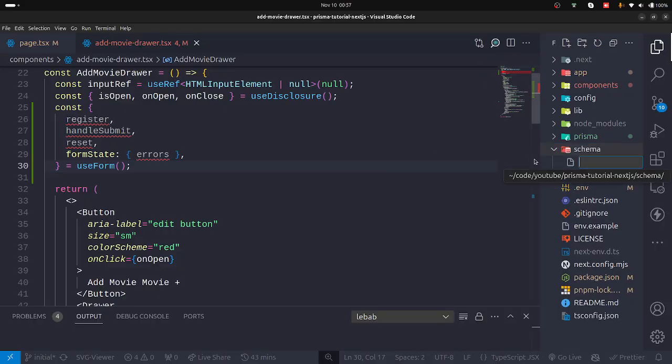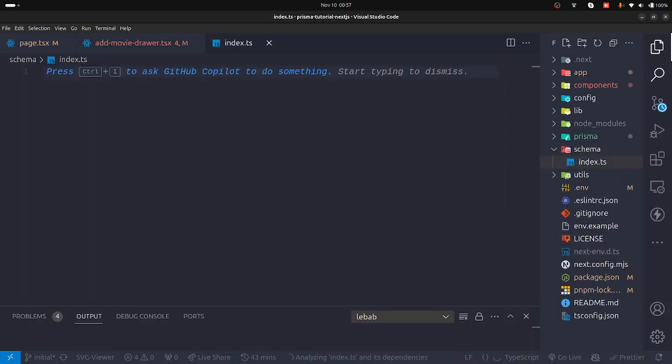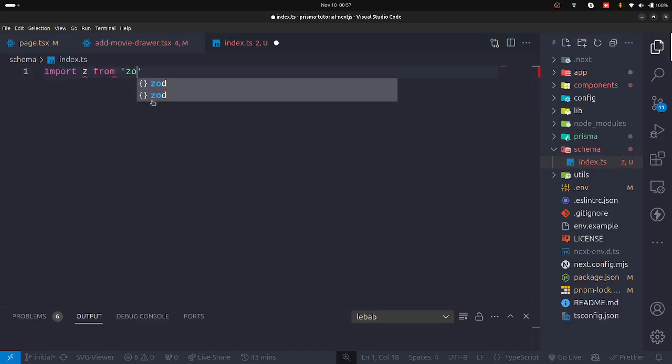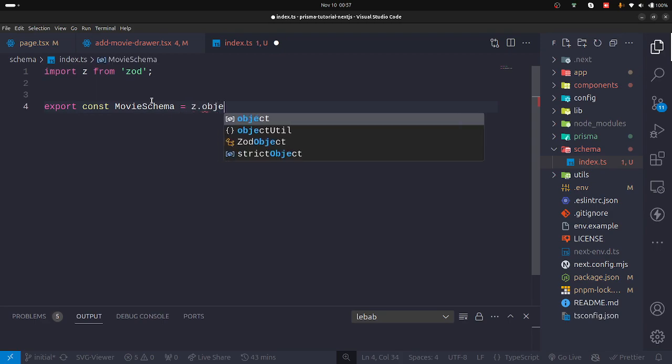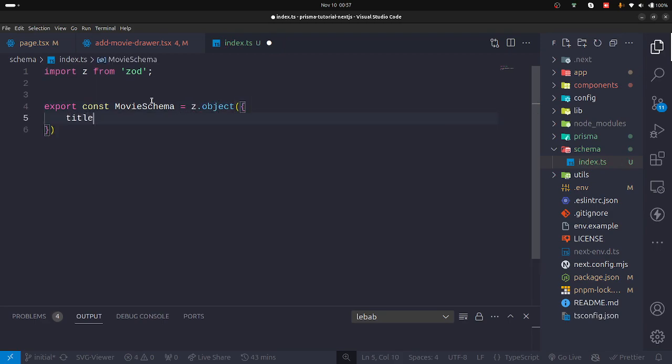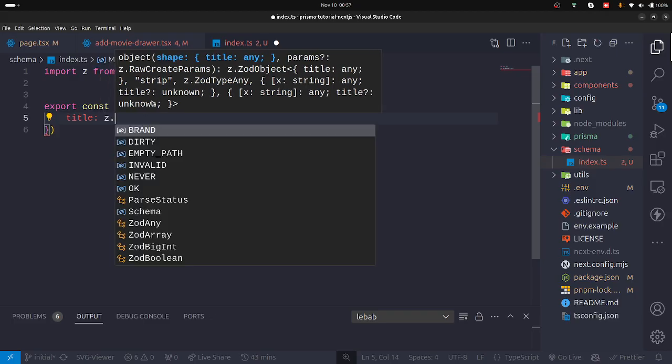Whereby we define our schemas. Schemas will be useful for validation. So the first thing we need is to import z from Zod. As I said, we use Zod to validate our data. So then we say z.object, whereby we want the title to be z.string